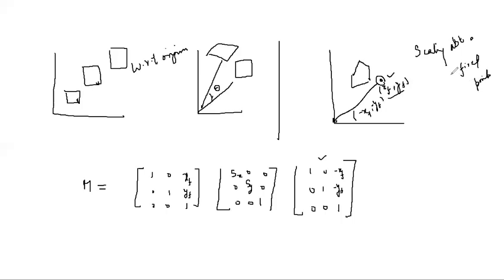Okay, so what is the fixed point? This is the fixed point about which we are scaling this object. Earlier we scaled this object with respect to the origin, but this point may lie anywhere within the coordinate system. It may lie within the object, on the object, or outside the object, anywhere. So about this point you are now scaling this object, and the scaling will take place with respect to this point.